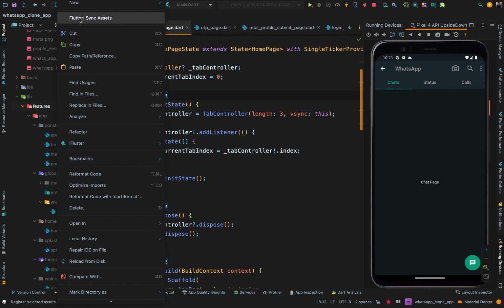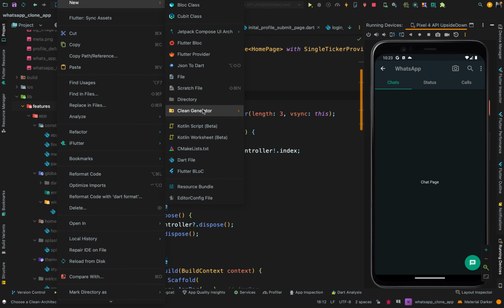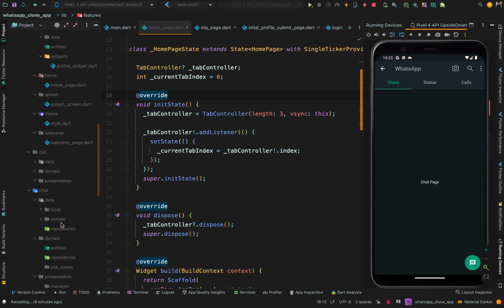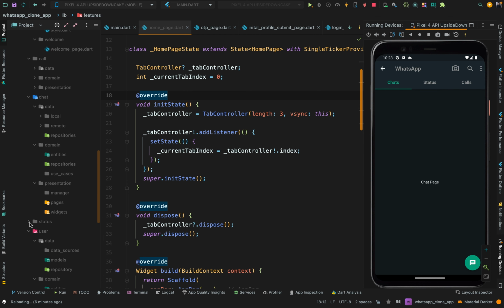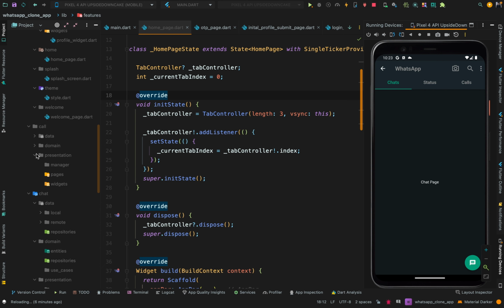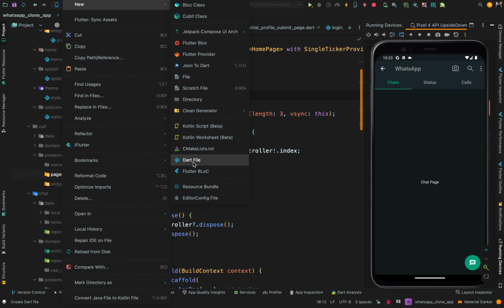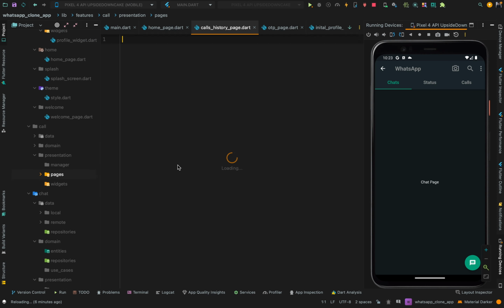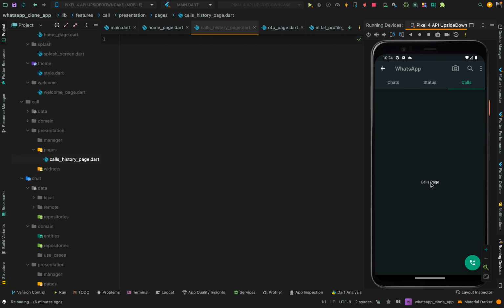And also we need one more feature, that would be the status. Split the remote data source into local and remote, go for OK. And we got the status feature with the same data, domain, and presentation. So now we are going to create their pages inside the pages directory inside the presentation layer. For the call, we will create not a directory, but a dart file or library. Its name would be the calls history page,